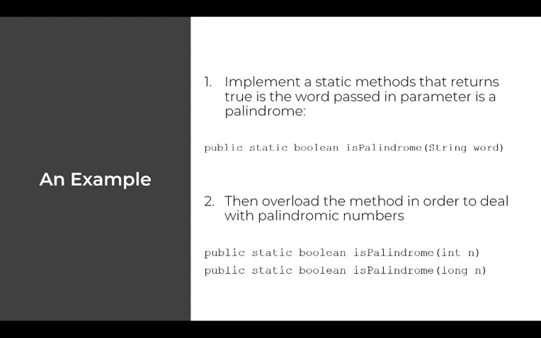We would also like to be able to look at palindromic numbers. So in that case, we want to be able to enter as a parameter a whole number. In this case, it can be an int or a long. By doing so, we need to create 3 different methods, all of them with the same name. So in fact, we're going to overload the method isPalindrome. But before we look at the Java implementation, let's refresh our memory using the Python implementation.